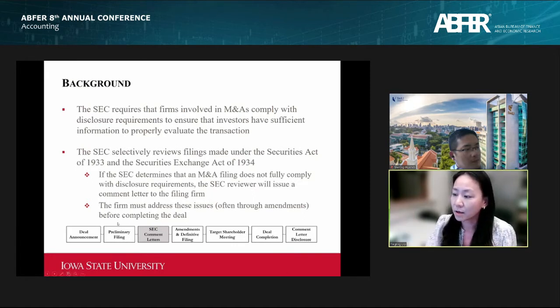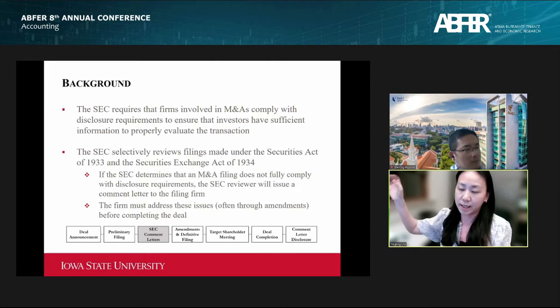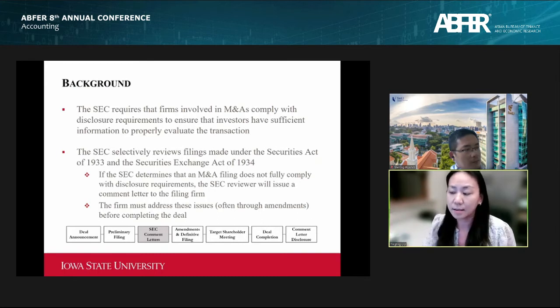The bottom part here, I think, is quite useful, illustrating the timeline of this quite complicated process. So, deal announcement: that's the first time the market or outside investors learn about this deal, right? A target or a bidder is buying this target on a particular day at a certain price. So after the deal is announced, then firms, mainly target firms, because for the majority of the deals, bidders are not